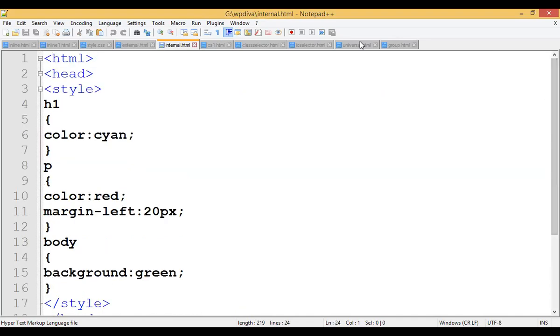Now let us move towards internal.html. Internal.html is a file which I had created to demonstrate the working of internal CSS. So we are going to see internal CSS, the third type of CSS. So what is internal CSS, guys? Here you are going to write the code within the head tag. Compulsorily, you are writing this code in the HTML file itself.